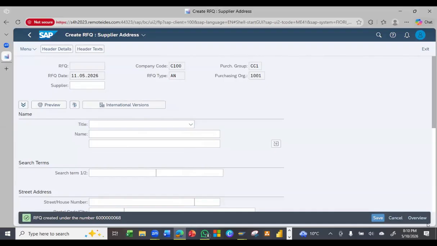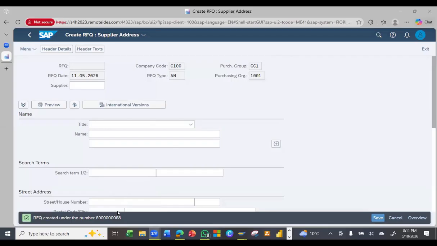So let's take one company for this purpose. Just copy it. Because if you remember, if you add another supplier here, it will copy all the previous information and create a new RFQ number for you. Okay, but I need three. Your three suppliers, you can select when you go to send the RFQ out, and we can do that for you to practice. So if you have copied your RFQ number somewhere,